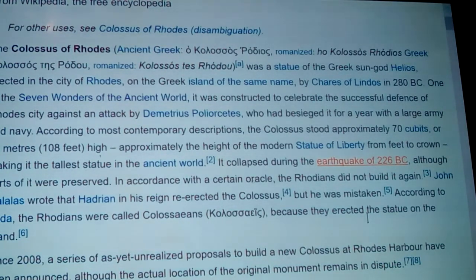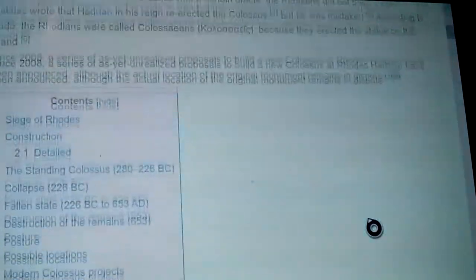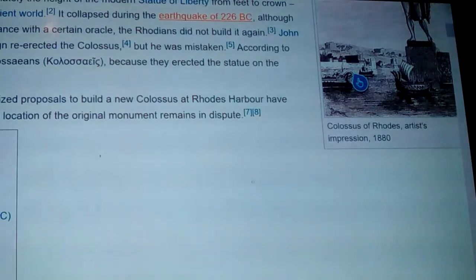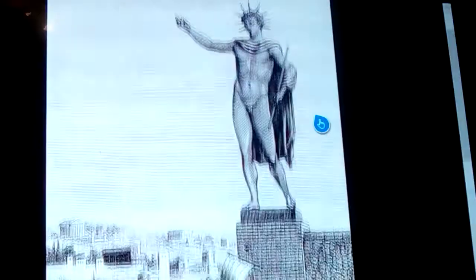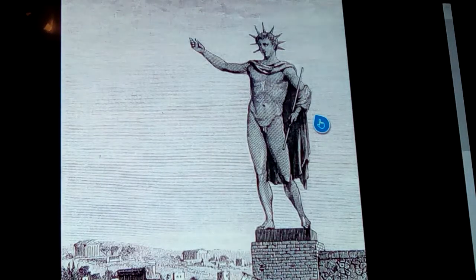Let's see what I got here. I want to look down, and it's just going to show you the same thing about the seven. So here it is on the side of the harbor and not straddling anything. And a lot of people believe that this is the way that it looked, but a